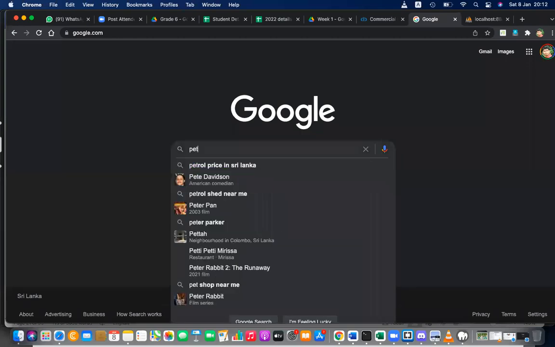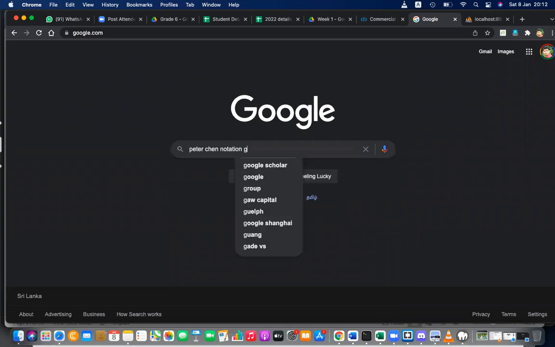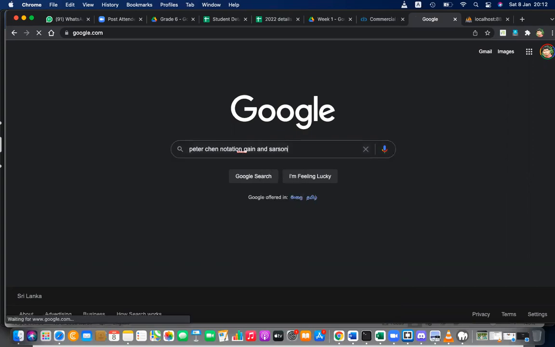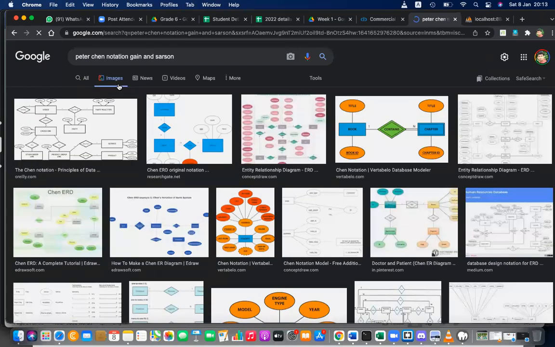Here Peter Chen notation, and there's another one, Gane and Sarson. I cannot remember the spellings. Chen notation and Gane and Sarson notation. Okay.